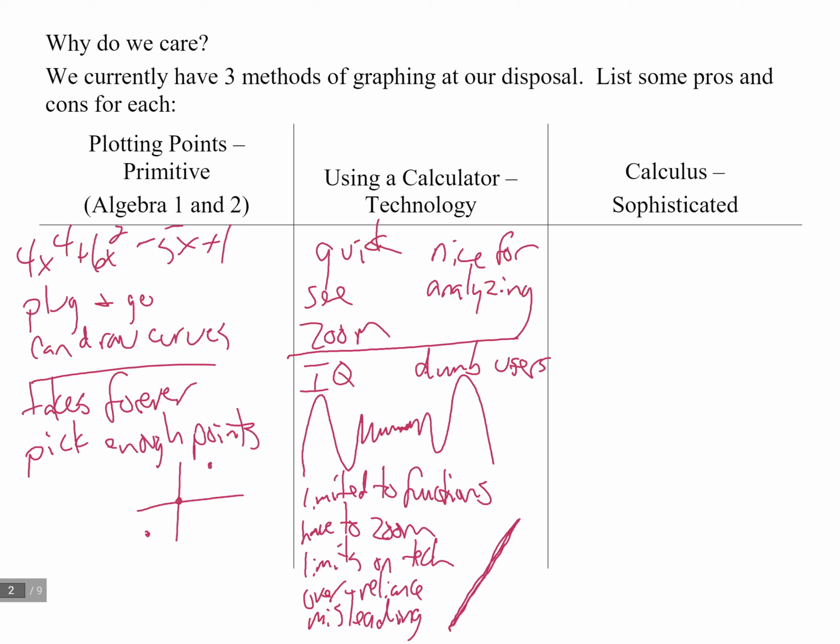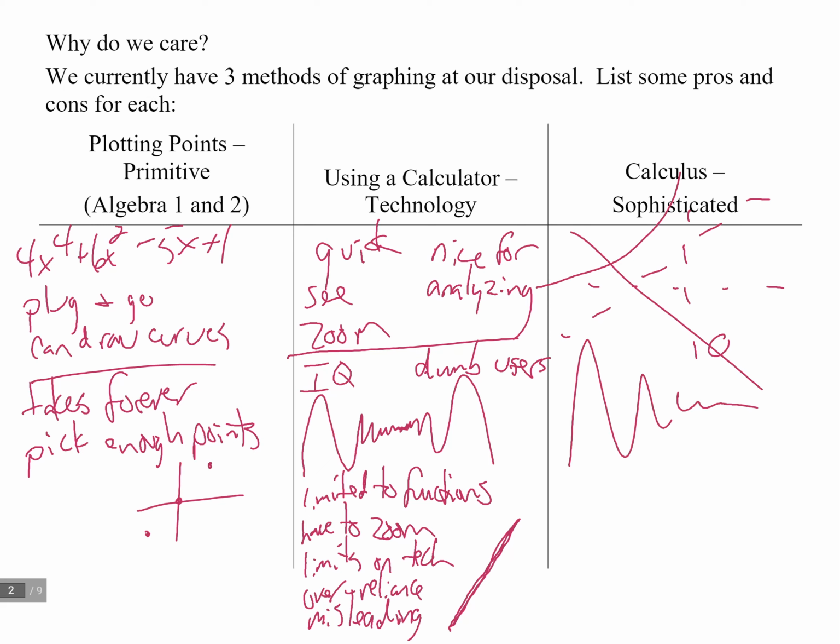So calculus, some pros and cons. When I'm dealing with calculus, I know when I have a horizontal asymptote. I know when I have a vertical asymptote. I know when I have a slant asymptote. Okay? I know when I have a hole. I know what the graph is going to do as I approach a horizontal or a vertical asymptote. I know what's going to happen with an infinitely oscillating function. Okay? I know these things